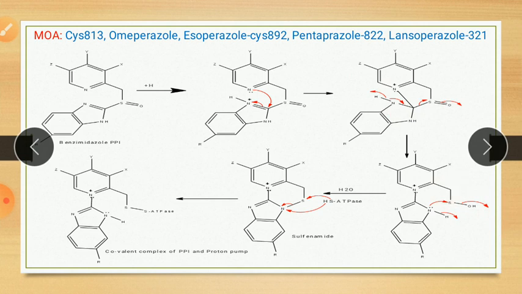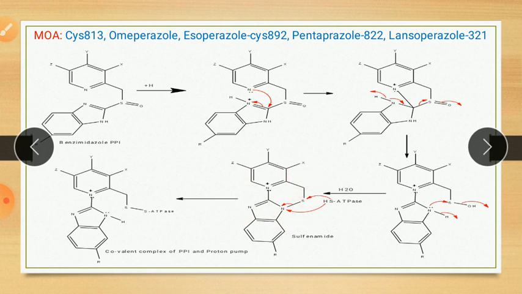Then again there is a lone pair of nitrogen attacking this sulfur, with removal of a water molecule, OH from here, hydrogen from here. Then there is a formation of what is called sulfonamide. So this sulfonamide is an active form of proton pump inhibitor. Then this sulfonamide